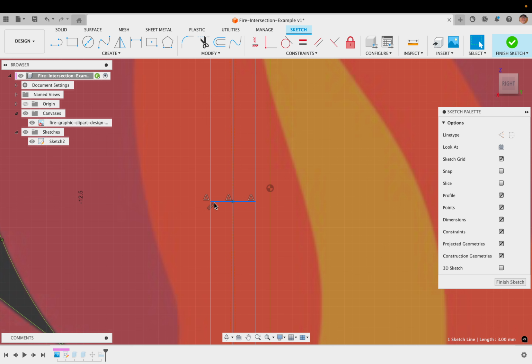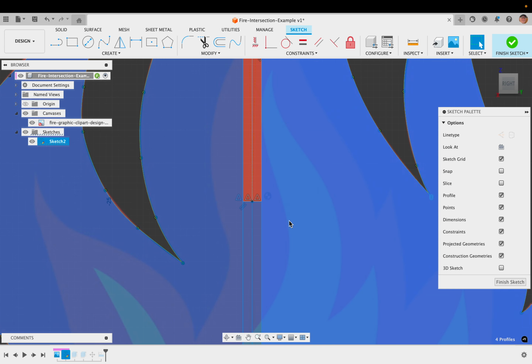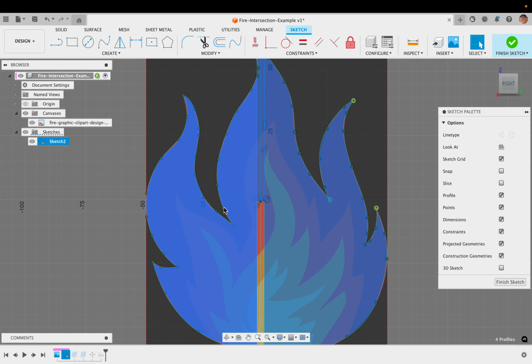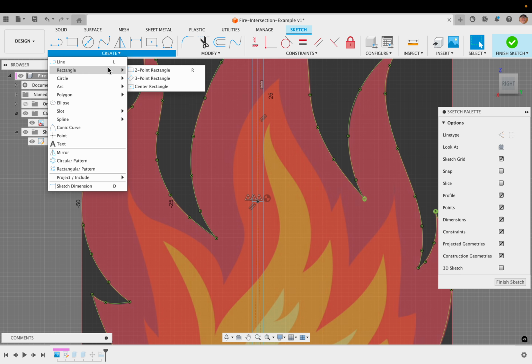Then you're going to cut that center rectangle in half using another sketch line. That's going to give us closed geometry like this and like this. So this is my one piece, or piece A, and then piece B will be like this. Depending on your own shape, what you need to do is get the overall shape in, and then use the center rectangle tool from here,